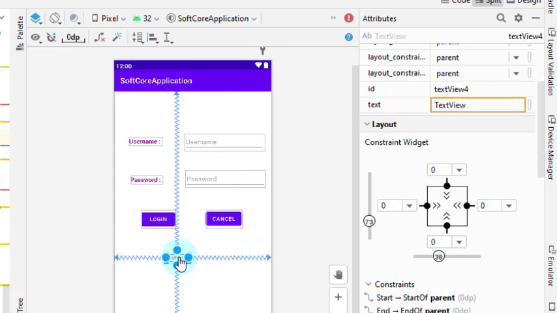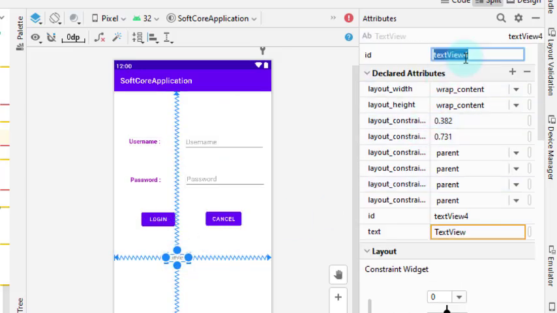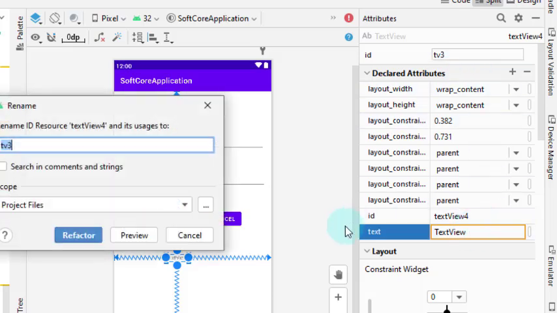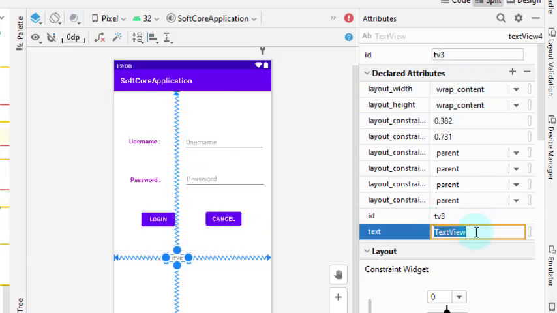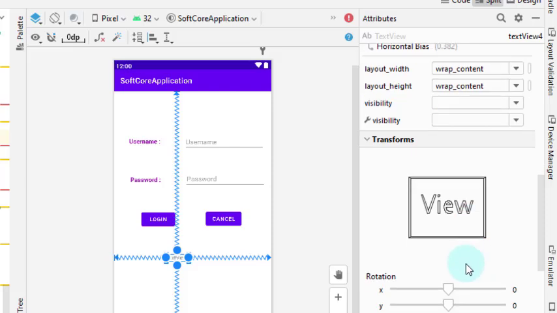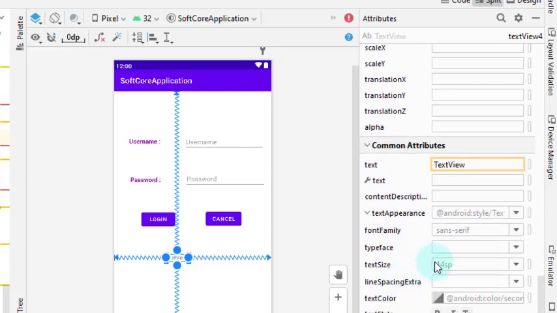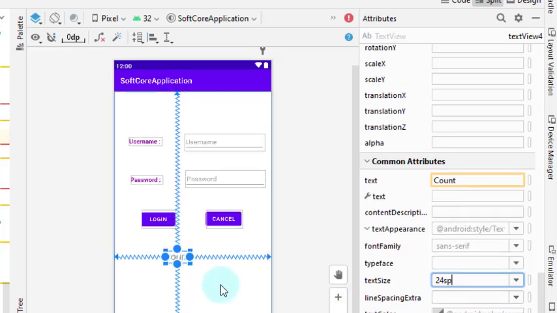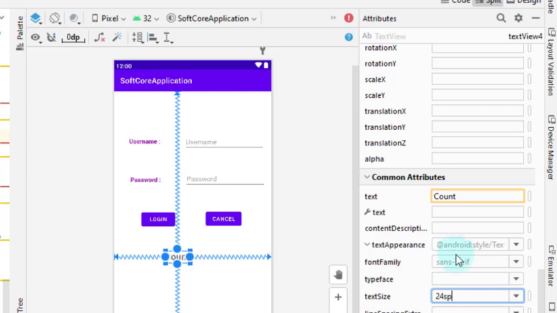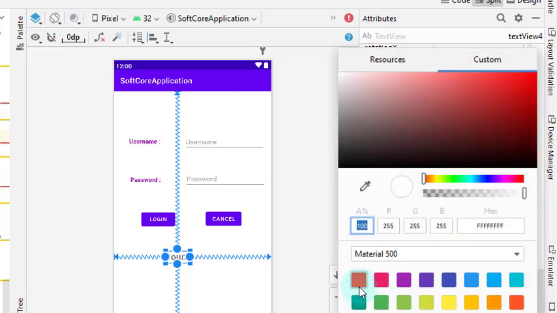Now the last one, this is my TV3, and here we will display a count. I am typing a count, and we will increase the size of the text of this output to 24, bold it, and then set some color to this.